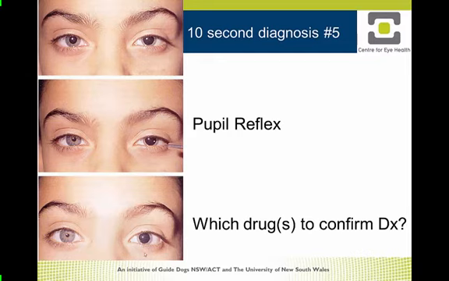But if you had a pharmacological cause, if a patient accidentally or purposely put a drug in the eye to dilate, if you put pilocarpine in, you will get no constriction. And in fact, after the application of pilocarpine, there's actually no change in pupil, and in this case, see the